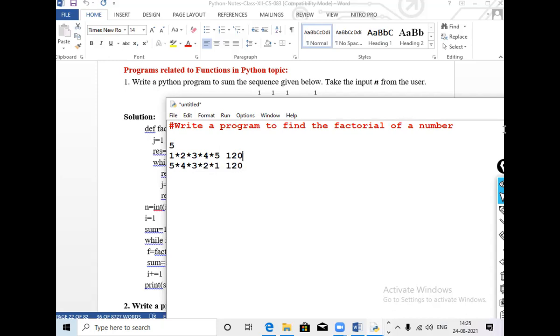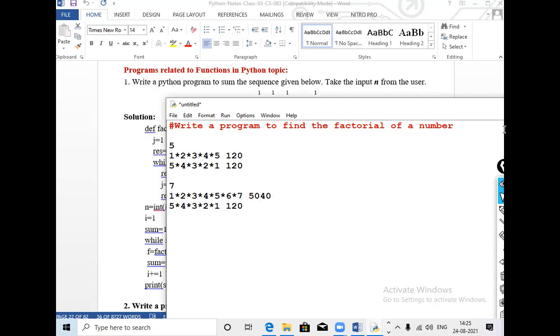Not only 5. Suppose I say 6, or we can take 7. So 5 into 6 into 7, it will be 720 multiplied by 7, that is 5040.